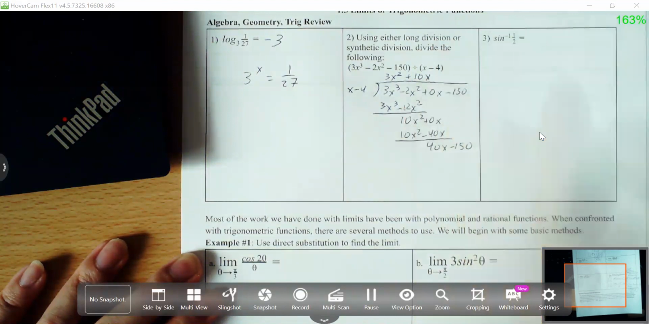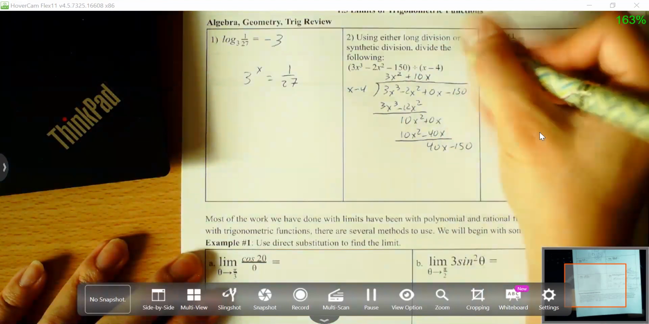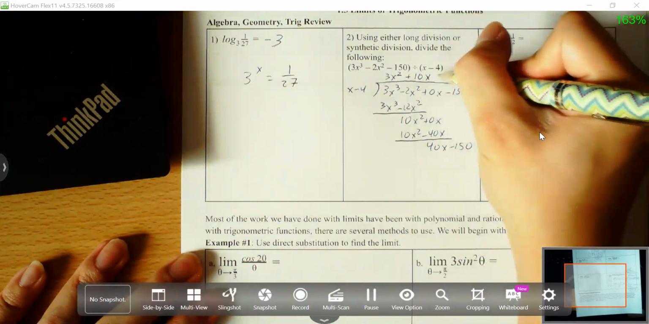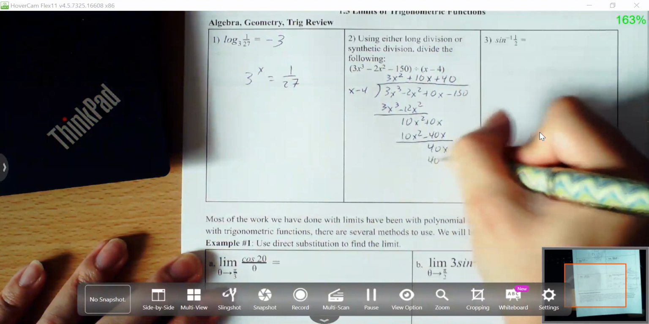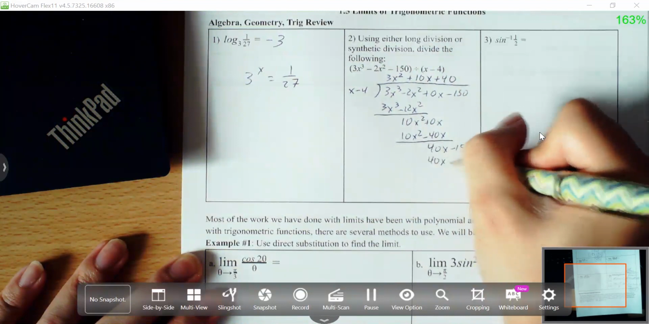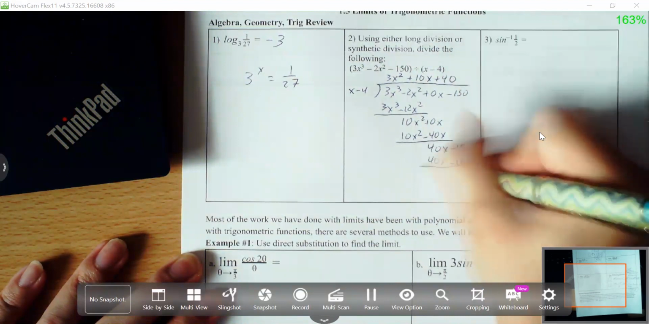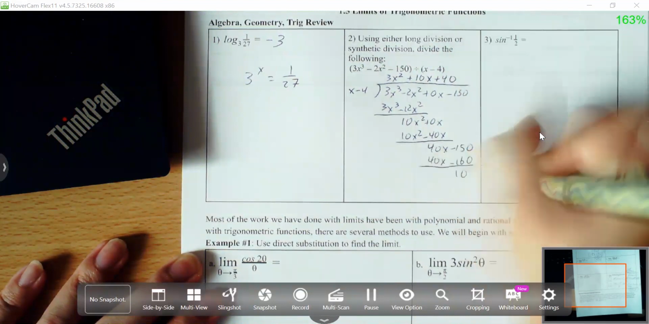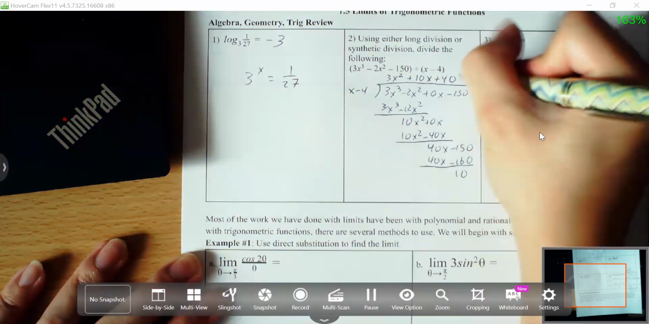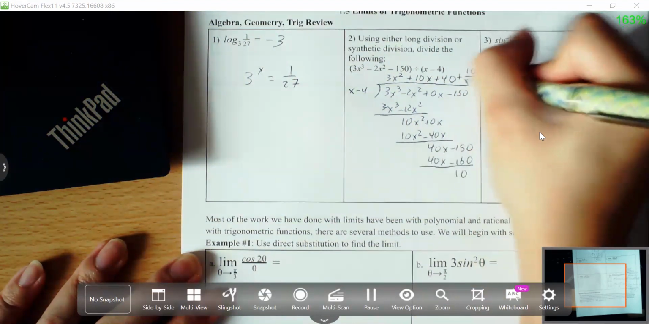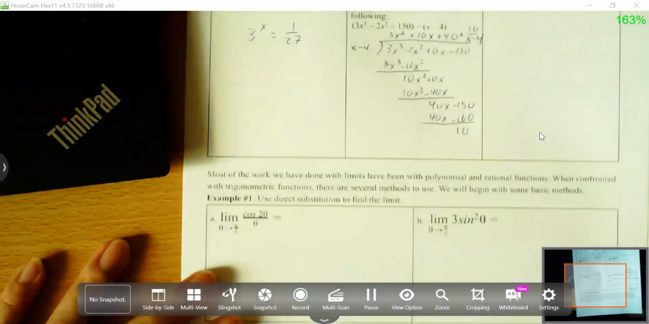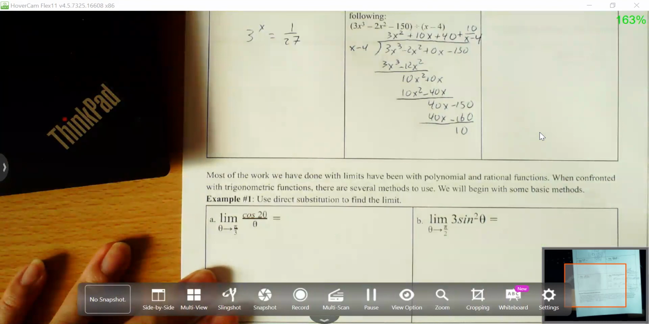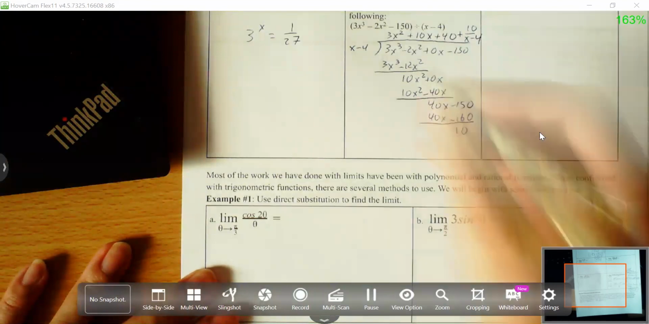I'm going to do it by synthetic just to double check. And this will be 40. So 40x minus 160. And you should have a remainder of 10. Okay, I don't know how many of you actually tried doing that, but if you remember the synthetic division way,